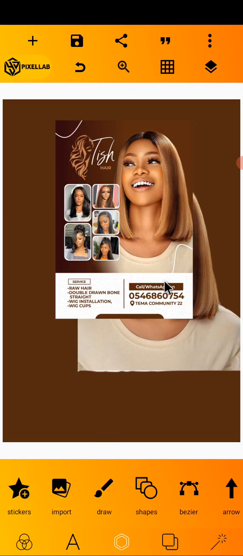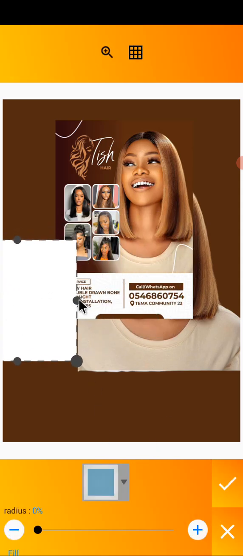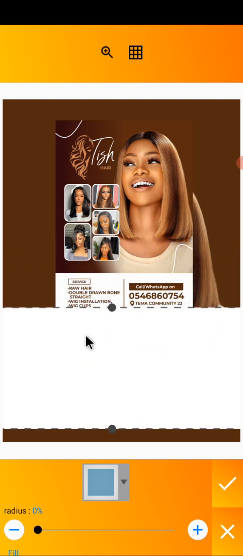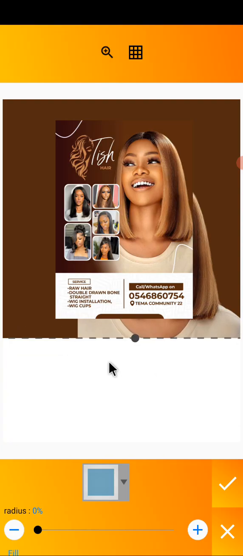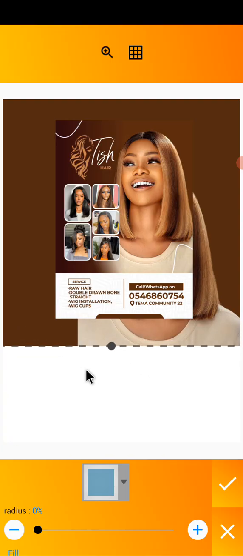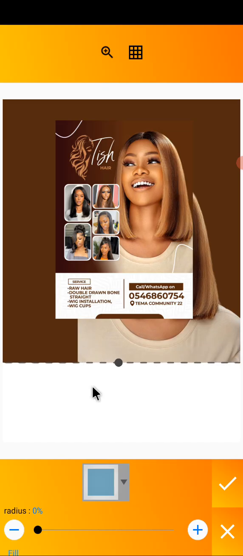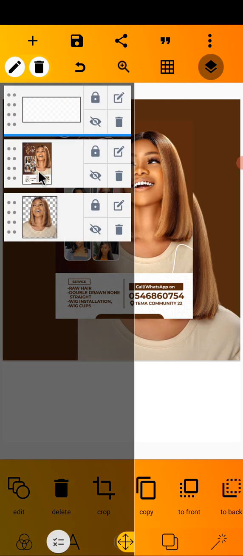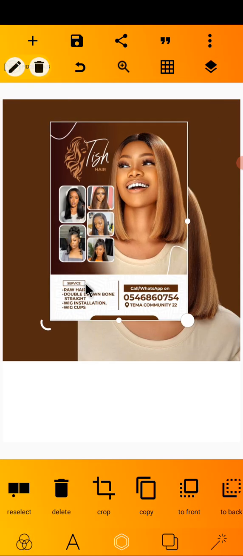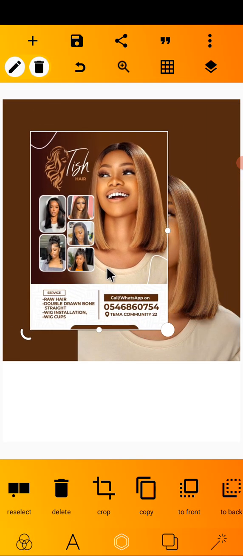So I'll just create this shape. I'll go to my shape. I'll scale it to the right like that. I'll put it somewhere. Yeah, somewhere here. I'm good to go. So I'll go to my layer. This is my layer tool. I'll close the shape. This is the shape. I'll just close it like that. Lock it. Yeah. So after doing that,